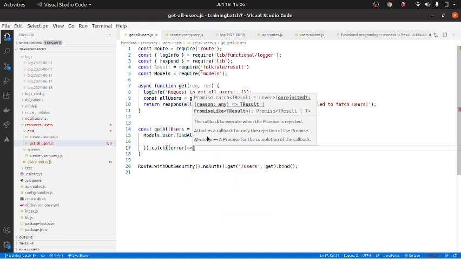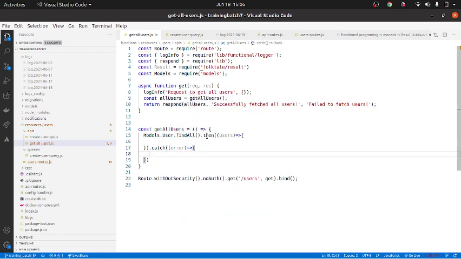Now how do I return this back, because this is an asynchronous call? What do I mean by an asynchronous call? First it executes this code and gets out of this method, and this then is called later on, so you cannot return it back.